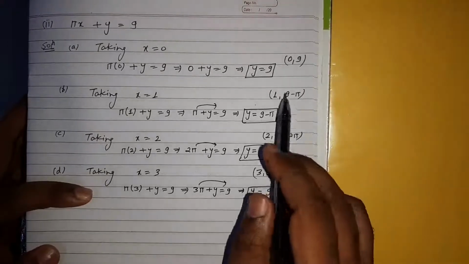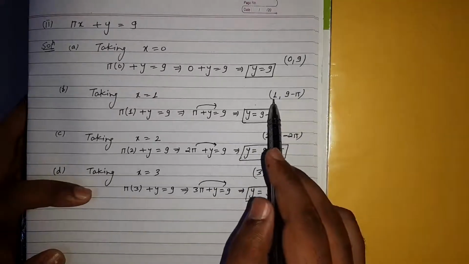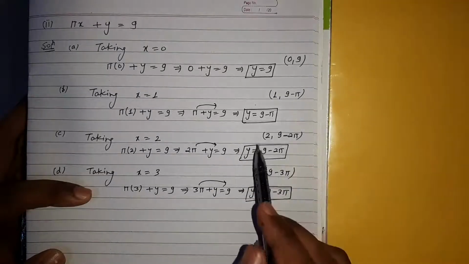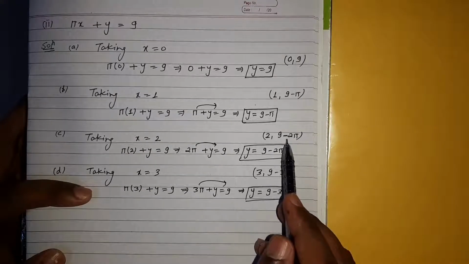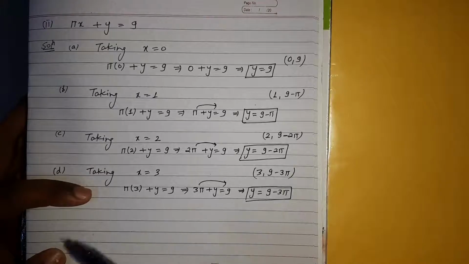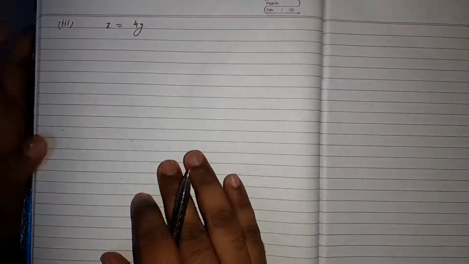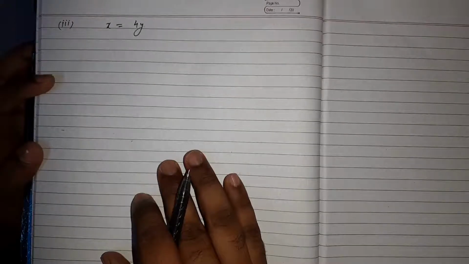The first solution is 0, 9, means x equal to 0, y is equal to 9. Second solution is 1, 9 minus pi. Third solution is 2, 9 minus 2 pi. And the fourth solution is 3, 9 minus 3 pi, okay. Now the third part of this question, it is x is equal to 4y, okay. The solution is,